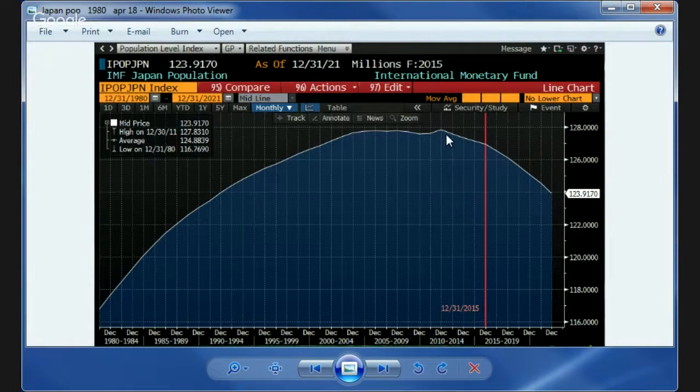I put up this chart and I looked at it. I said, "What is this bump here?" In 2010 or so, there's a bump up, and I don't know what it is. I didn't have time to look at it. It doesn't fit with the whole chart. Japanese population trends are the longest term trends and the most stable of trends. They're sort of the quintessential Isaac Asimov psychohistory trend.